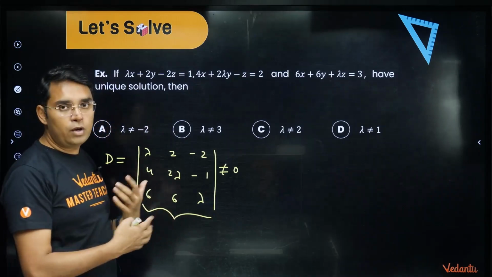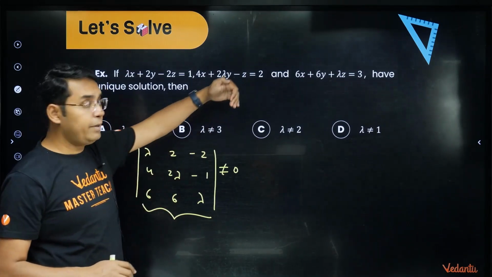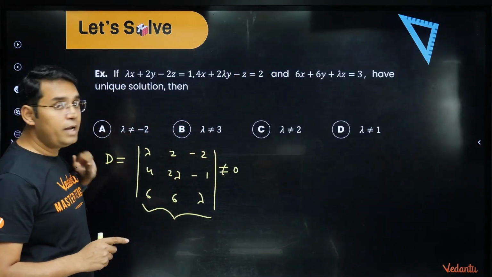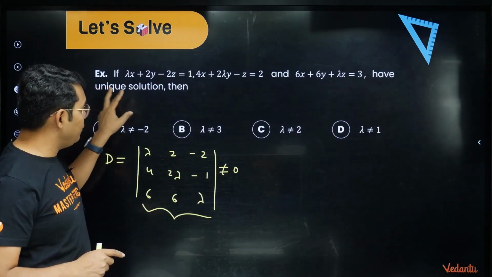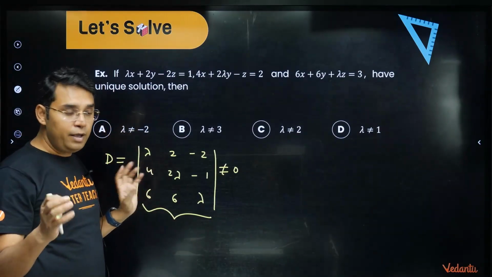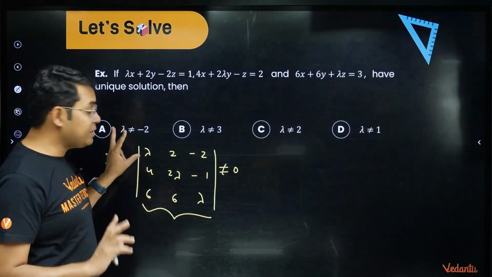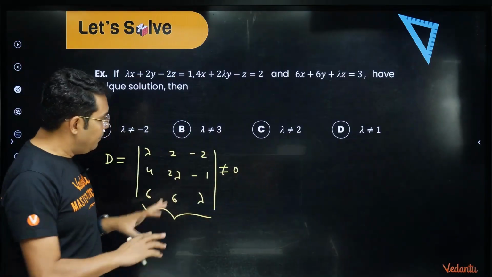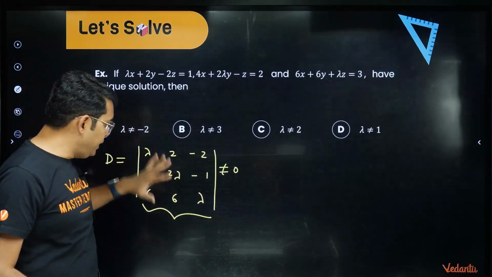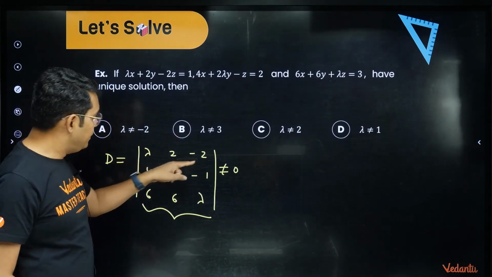So from that we cannot eliminate any of the options, but if some option had been given like lambda equal to 2 or lambda equal to 1, I think this would definitely not be the answer, because a unique solution will be there for infinitely many values of lambda. Not unique solution will be for just 1 or 2 or 3 values of lambda. So this can help you to eliminate some of the options, but here we cannot do it because the options are given very cleverly, you can say. But here we will be solving it and we will find which lambda value is going to satisfy this